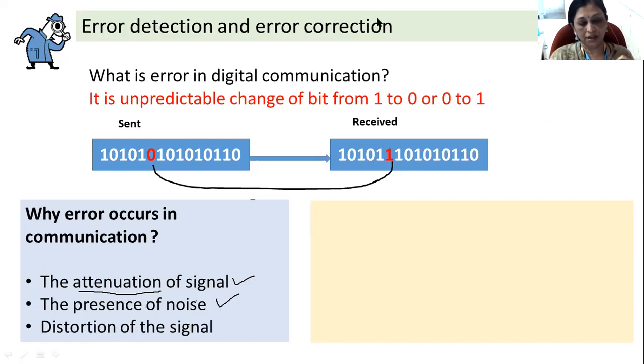And students, as you can see here, what is the third reason? The third reason for the occurrence of the error is distortion of the signal. Now, do you know the meaning of distortion? We are transmitting ones or zeros. These ones or zeros are nothing but the pulses of the electrical signal, which are drawn over the screen. Here you can observe the pulse which gives high voltage can be interpreted as logic 1, and pulse with low voltage can be interpreted as logic 0.